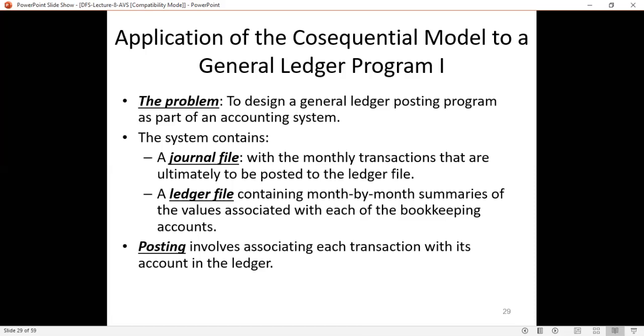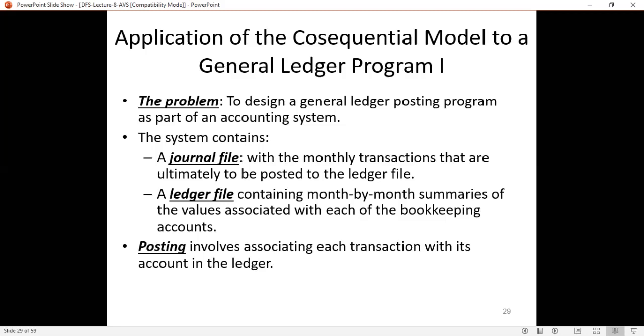One is the journal file, that is the monthly transactions file which we discussed, and the other is the ledger file, the main file containing month by month summaries of the values associated with each of the bookkeeping accounts.